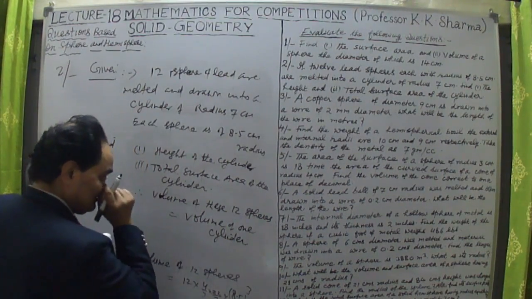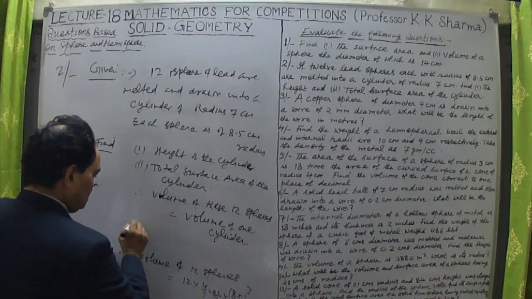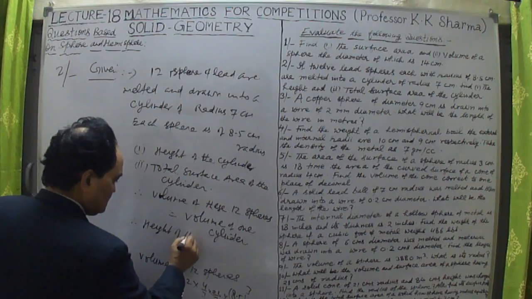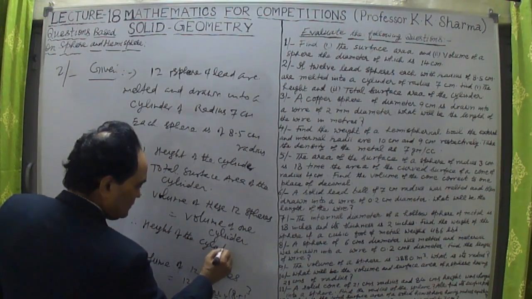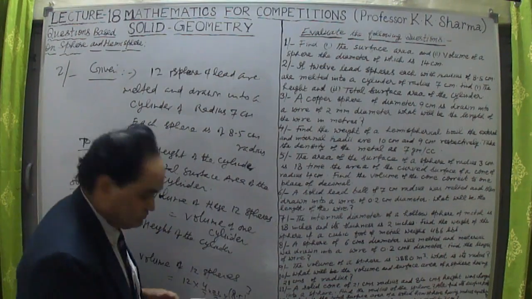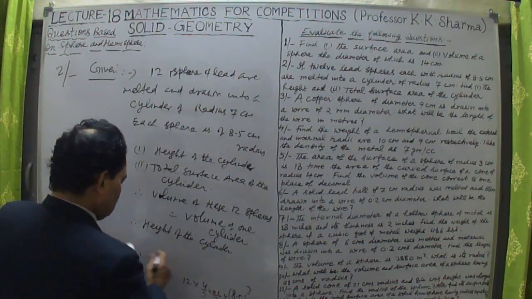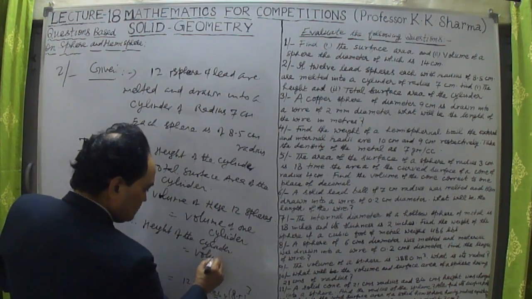That's the point. Therefore, height of the cylinder is equal to how much? Let me find height of the cylinder, equal to volume of the 12 spheres,